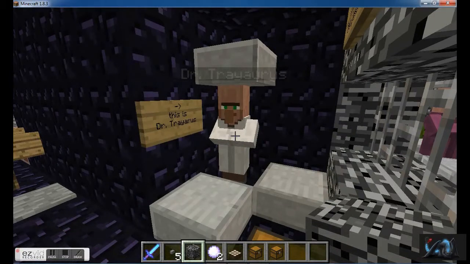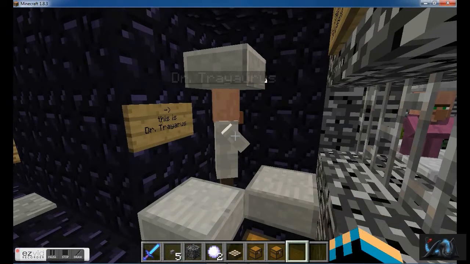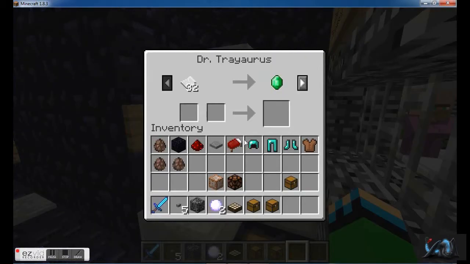Hover. Dr. Trioris is here. And here's why he's called Dr. Trioris. You know Dr. Trioris likes experiments, especially ones that cause explosions or fire. Well, last episode was Dan TDM. We got both explosions and fires. Well, you can see good trade-off of paper for emerald. But